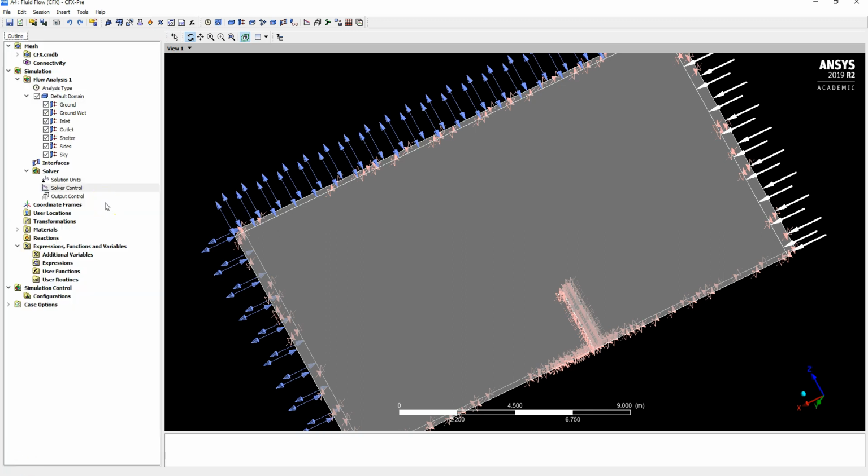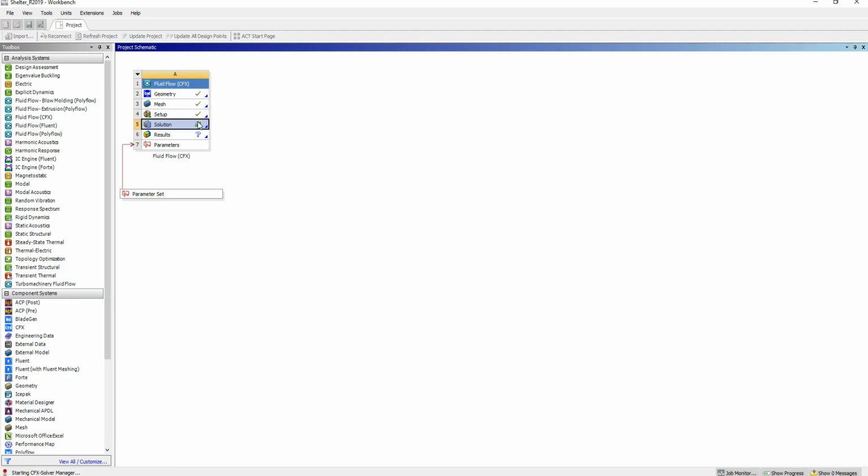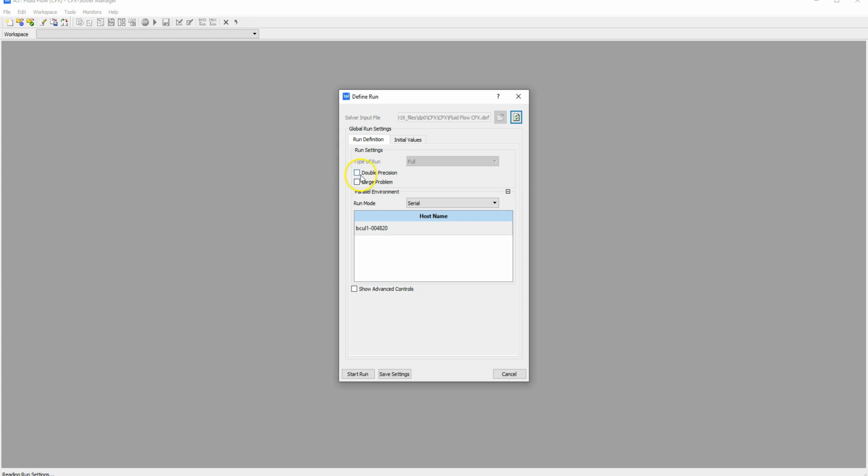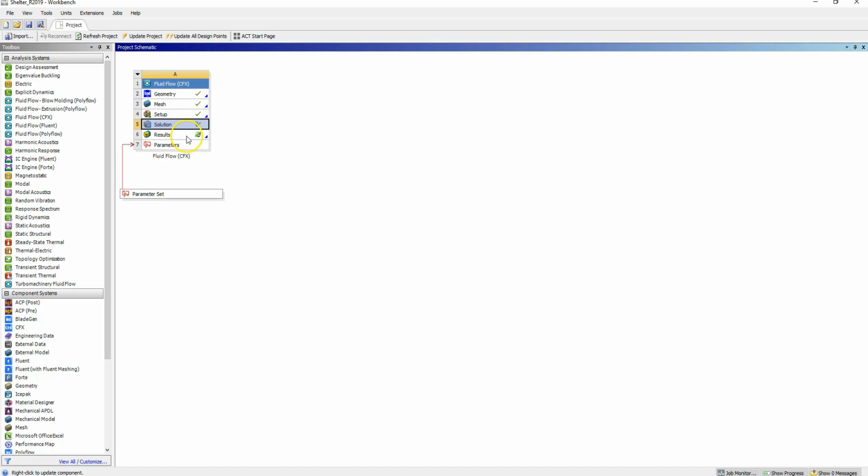So once you've done that, now you can shut down CFX Pre. And just double clicking on solution. So just selecting double precision, and because we've got quite a lot of cells in our domain, I'm going to parallelize this. And just setting that to run. So we'll run this simulation, then we'll do some analysis in CFD Post, and then we'll run a parameter sweep of this simulation. So once your simulation's finished, just double click on results to open up CFD Post, and then